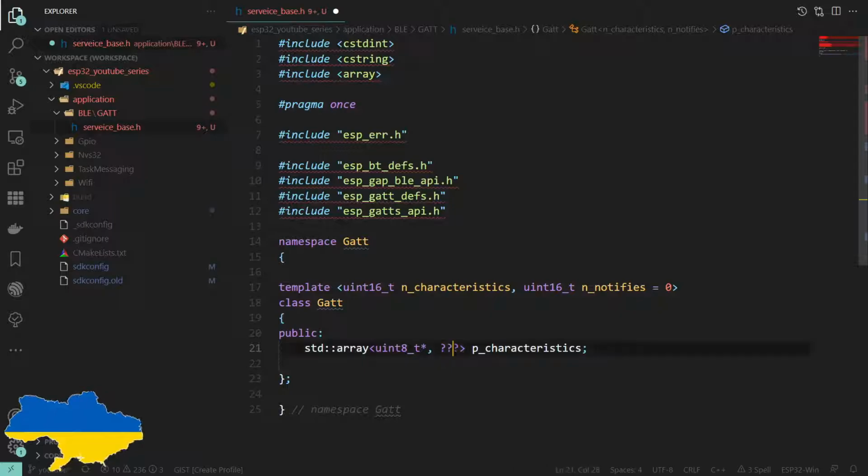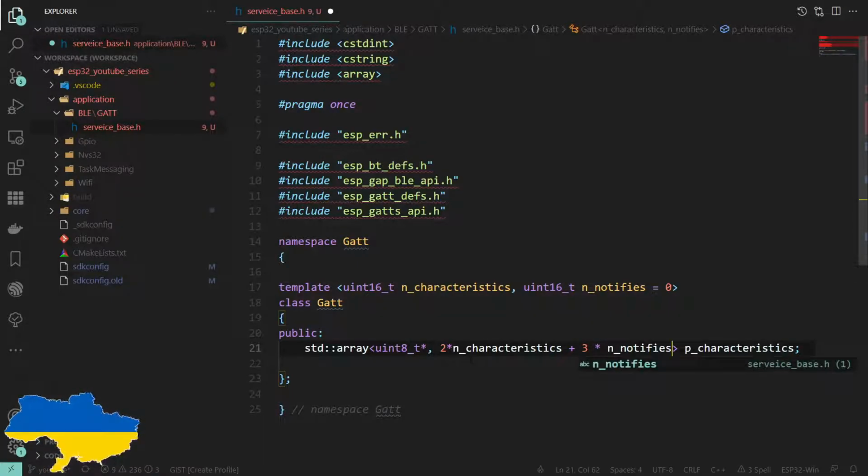So this value here is actually 2 times n characteristics, oops, forgot an underscore, plus 3 times n notifies. Let's just make sure I spelled those right. Yeah, I have. And this is starting to get rather unwieldy. So we might actually want to just break this out into a class member.